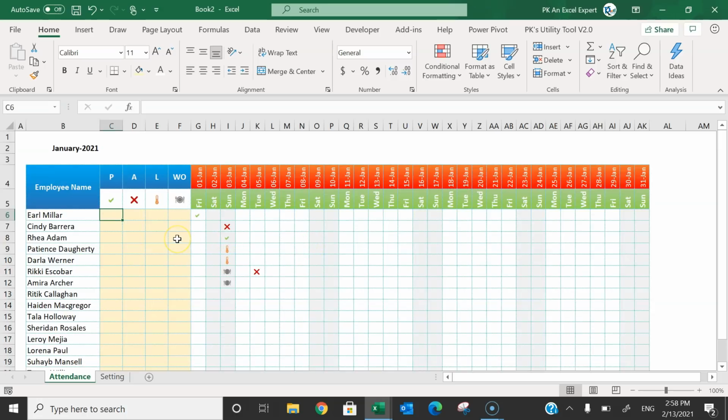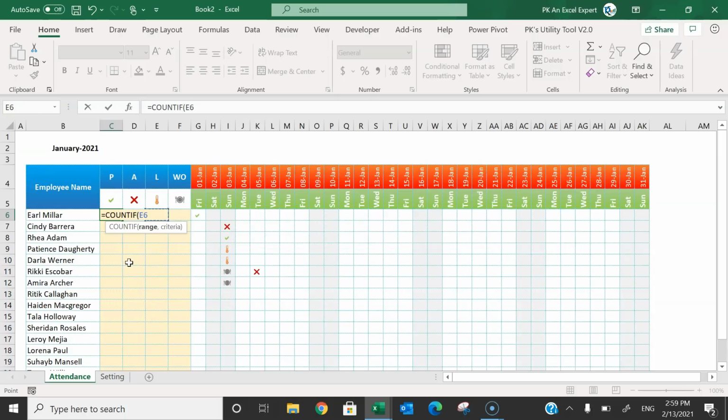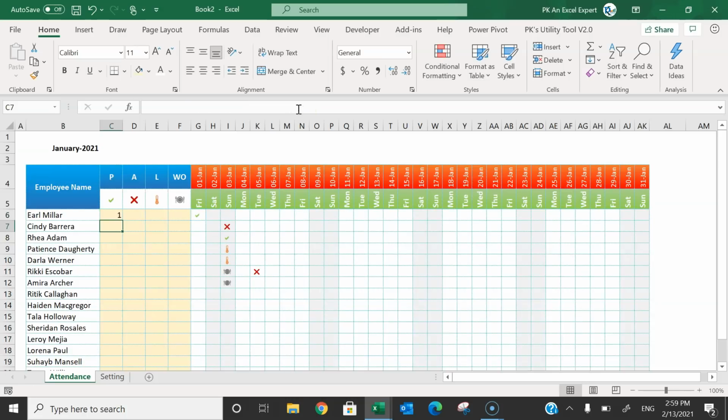Okay, now here we will put the COUNTIF function. So I'll use COUNTIF here and I'll select this range till 31st and freeze this range. So press F4, select and freeze, press F4. Comma, the criteria we will take, this one is also P or you can take this one. So we want the count of P. So what we will do, we'll put the $ sign before this 4 and close the bracket. So it will return the count.